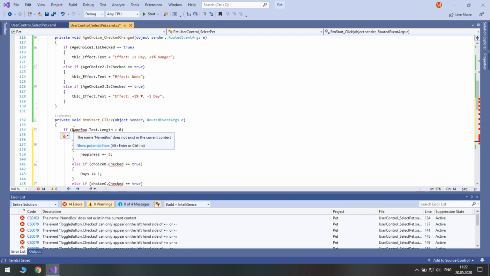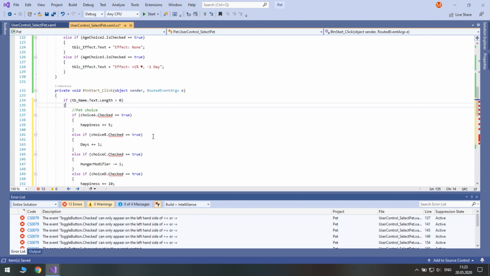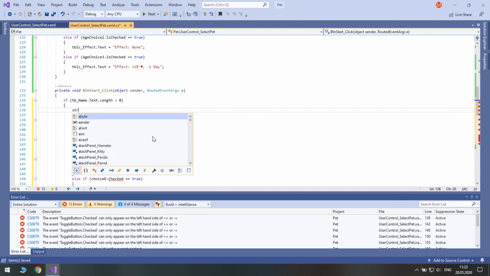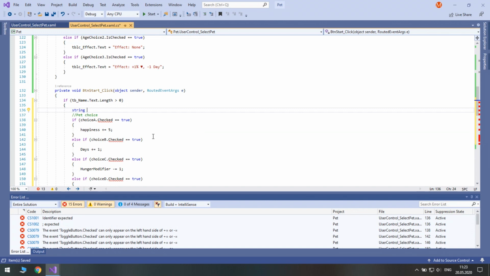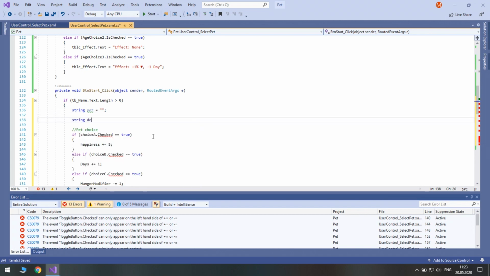Here we will need to make a lot of changes and remove unnecessary code. In addition, we are going to pass the description to the game user control.